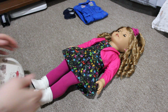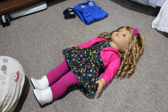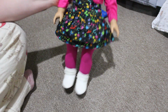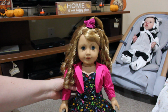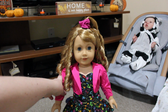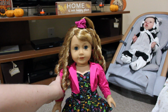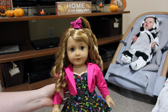So anyways, Courtney is ready. She looks really cute in this outfit. She looks like she's ready to go to a party. Let's stand her up. Look at that. She's so cute. I just really wish I could have better lighting for when I'm filming my American Girls, because